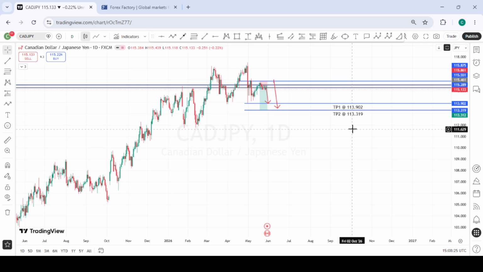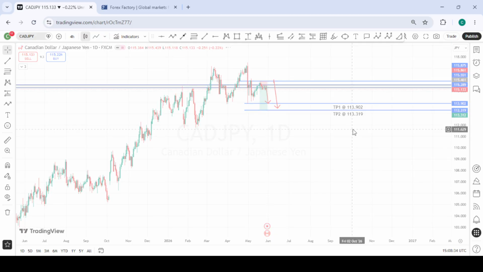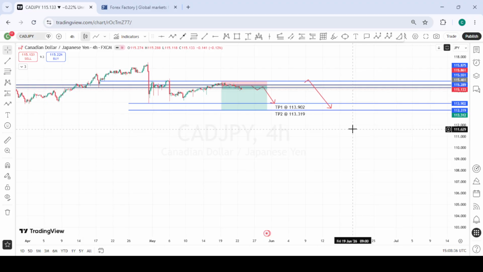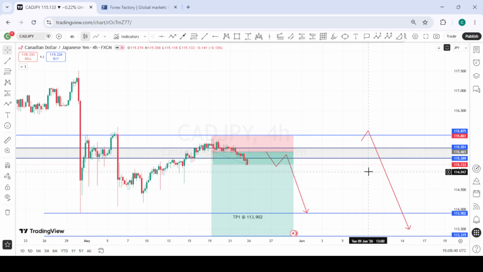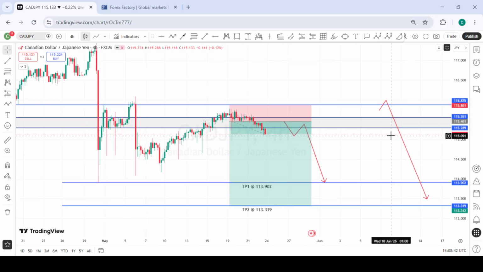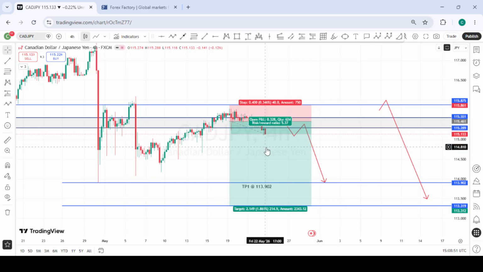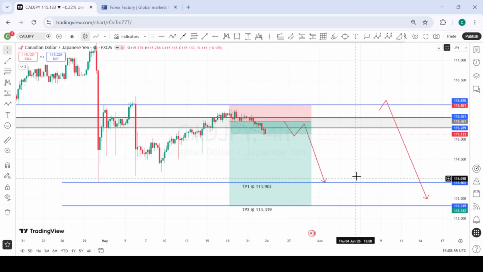So let's see what we have for the recap from last week. So last week we caught this sell on CADJPY. So we are currently in this position on CADJPY. We are going to hold it to see how it develops. So we are very bearish on CADJPY for the weeks ahead of us. Should we get any additional position or an additional selling opportunity, we can still add a position to the various TPs we have below.